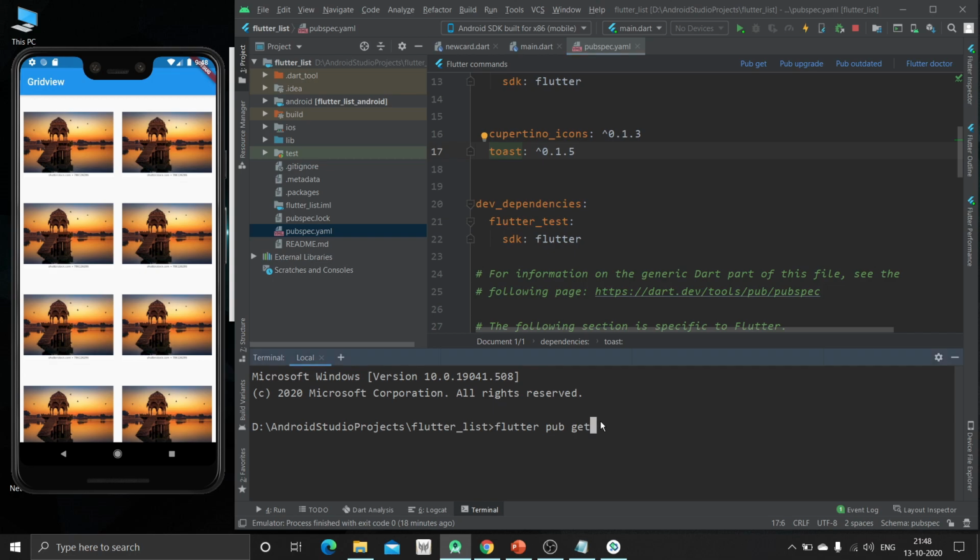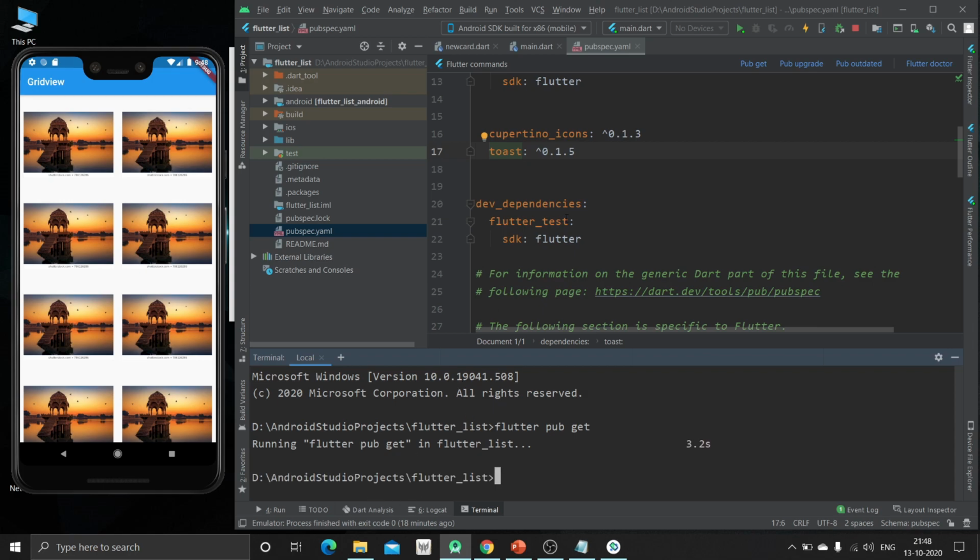So just write the flutter pub get command inside the terminal, or else you can also run this pub get. The task of both is the same. So just hit enter. Now the whole package will be loaded.